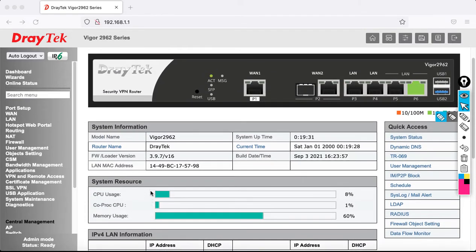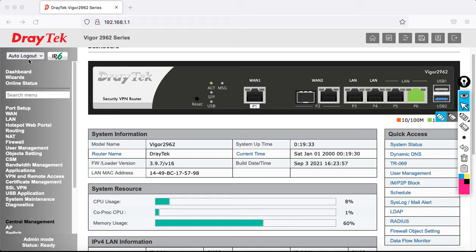You can see it. Now I just want to turn the auto logout off. Otherwise, if your device is idle for a few minutes, it automatically gets logged out. So to avoid that, make auto logout off. After that, if you are not very familiar with DrayTek, just use the wizard and